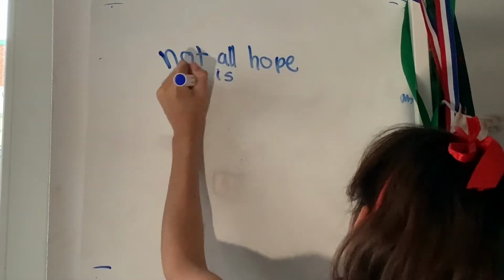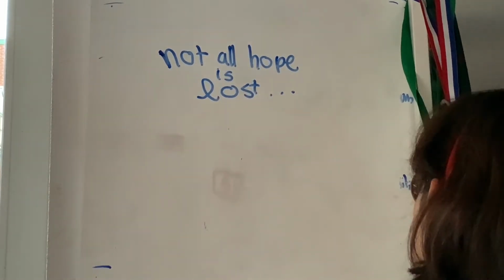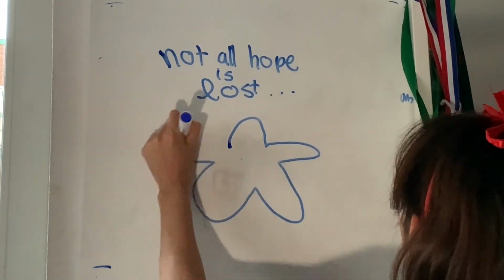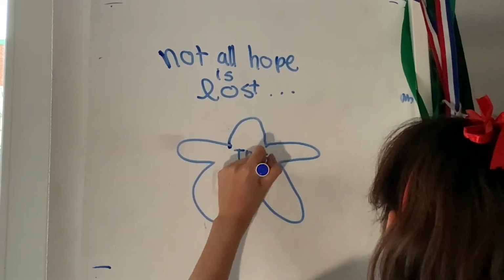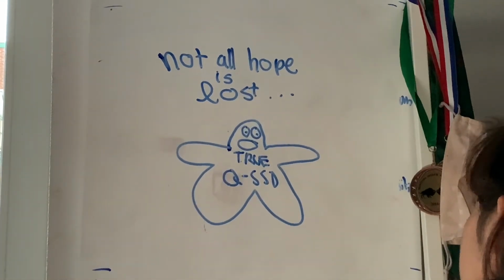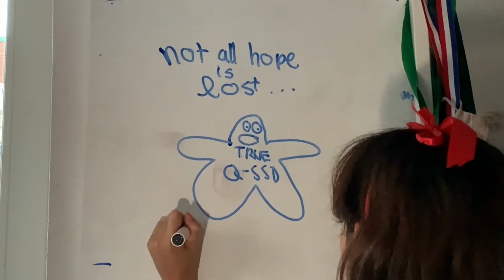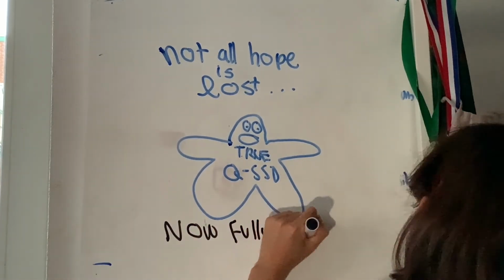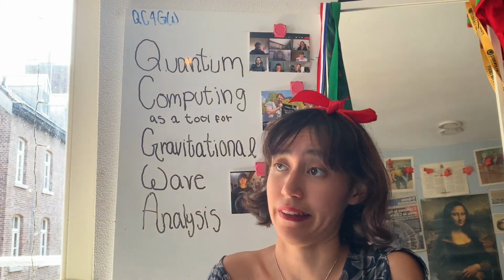Alas, not all hope is lost. There are still many other avenues to explore and ways to improve. Just because our own implementation, the specific details of which you can also find in the description below, was not ideal, it doesn't mean that the dream of decomposing gravitational wave signals with the use of quantum computing is dead. For example, our hybrid QSSD can be turned into a process that is entirely quantum. This saves us the pesky fusion operation and the translation between classical to quantum and back to classical again, which takes up a lot of time. Whew! That was a lot.